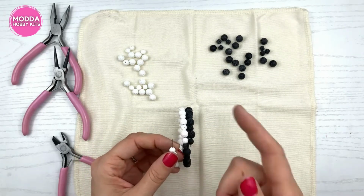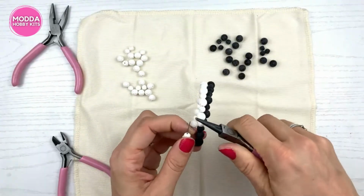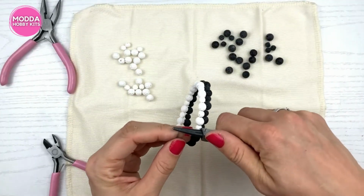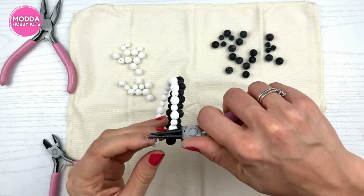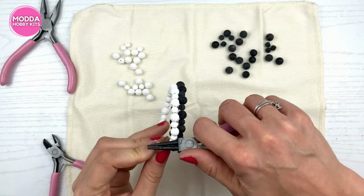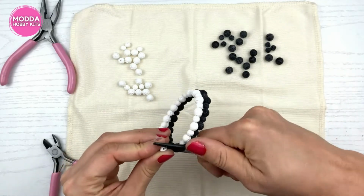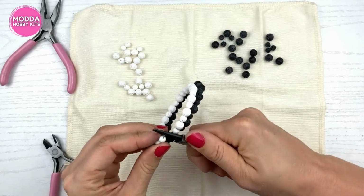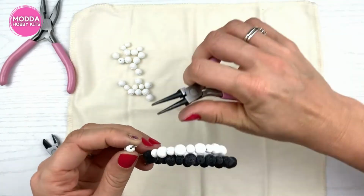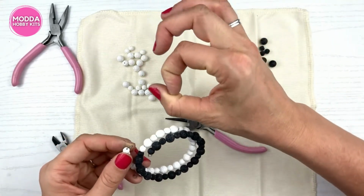Now I want to make this into a loop, because that loop is what holds your beads on. And so I am going to take it about right there. I have a good amount. I could cut it off, or I could just make a bigger loop. I'm going to make a medium-sized loop, and I'm going to curl it around, and curl it around. And you want to make sure that it is tucked away,